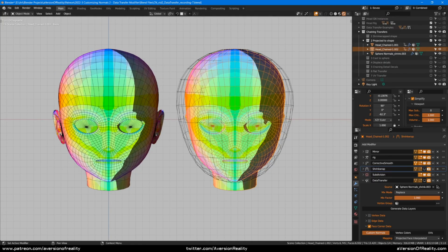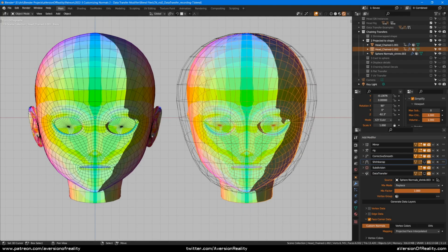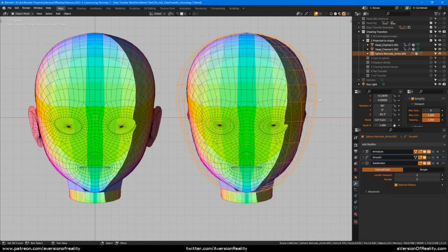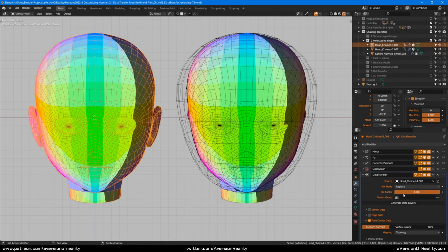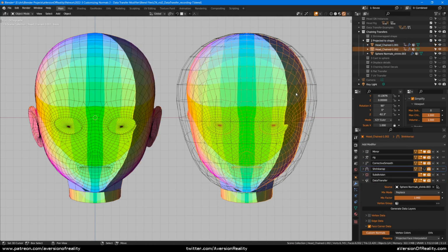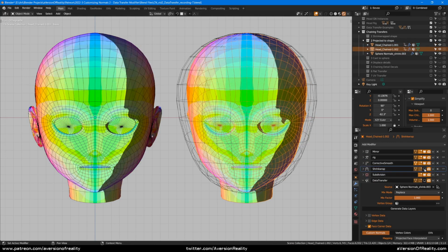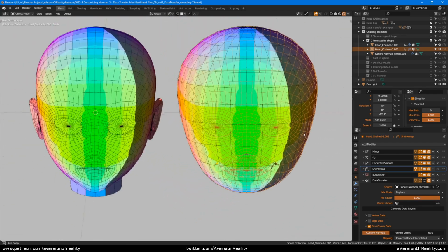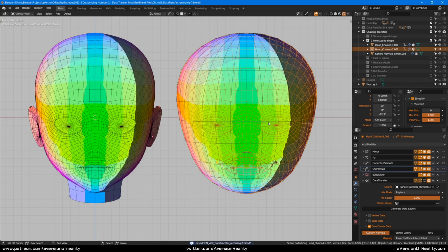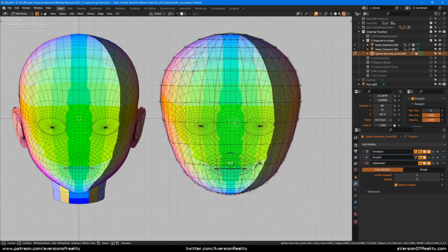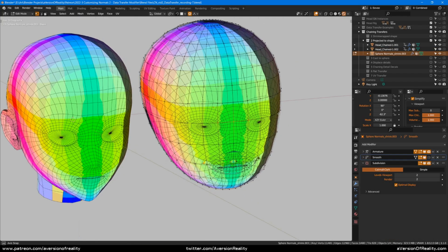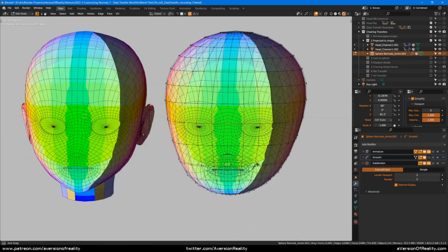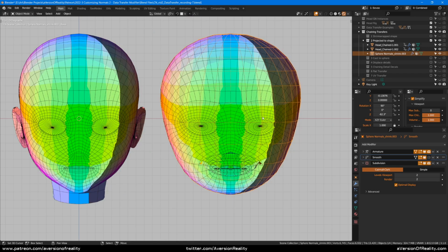We can use this chaining method for any combination, really. So this time we've got projected face interpolated and a copy of the head. So this is getting it from the sphere, and this is getting it from the copy via topology. And I'll turn that off, and let's shrink wrap the face to the source. So this is like our cast modifier. But unlike our cast modifier, we can go in and make whatever changes we want to our source mesh, and it's going to keep shrink wrapping to them. So we could try to alter the shape of this in whatever way we wanted.